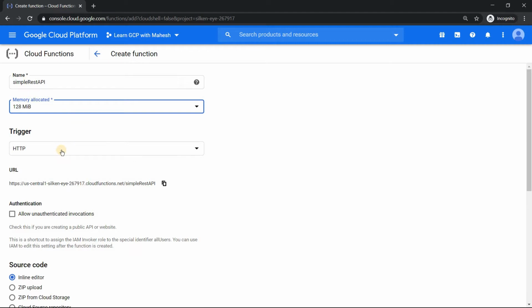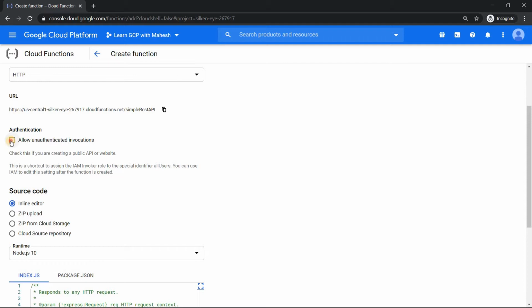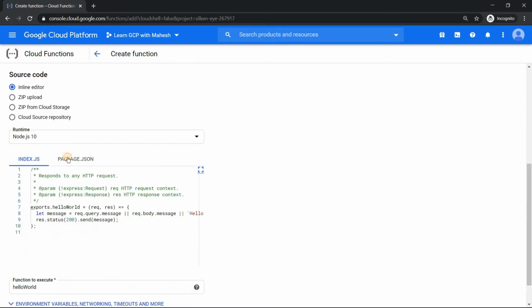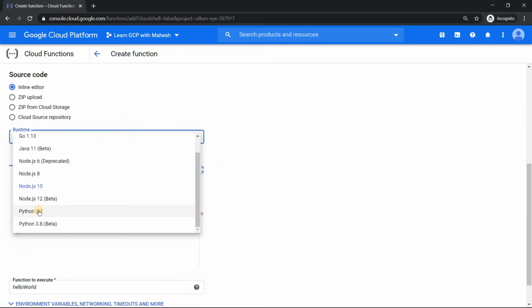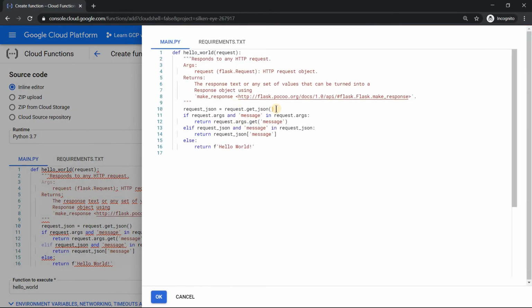The trigger has to be HTTP. That's good. And I want to allow unauthenticated invocation so that I can easily test it out. Coming to the source, I'm going to change the runtime to Python 3.7. There's a hello world example which I'm going to remove.